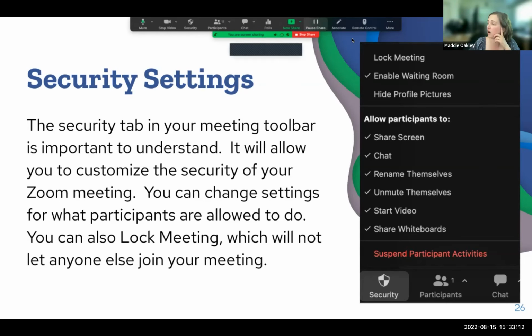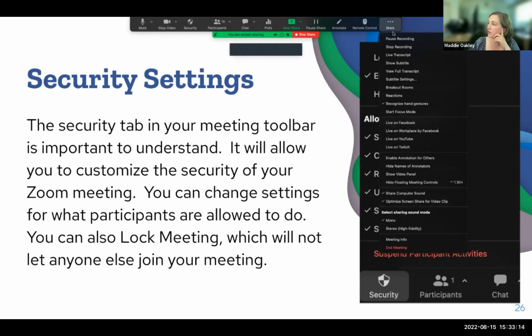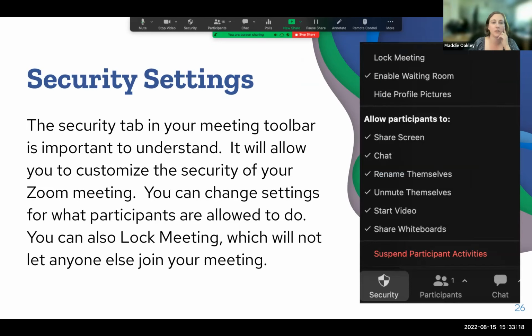All right, so on the security screen, let me show my video panel. There we go. All right, so on the security settings here, this hide profile pictures is what turns off everyone's profile pictures if I want that turned off.